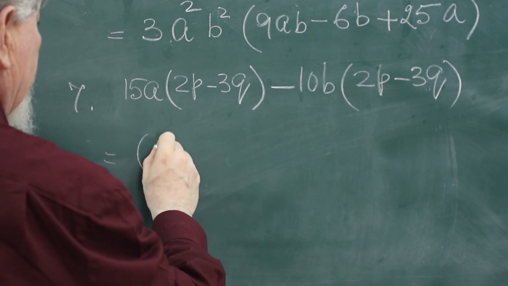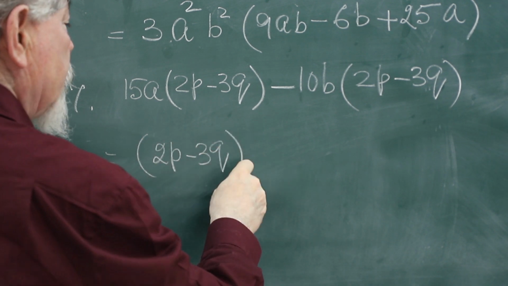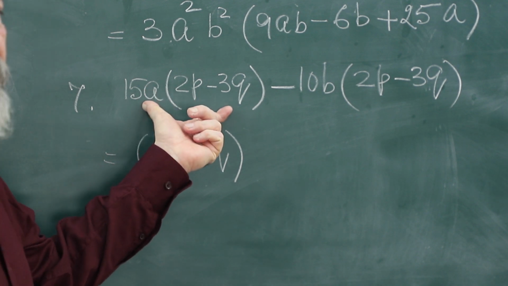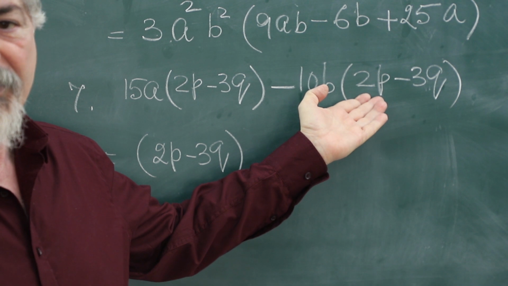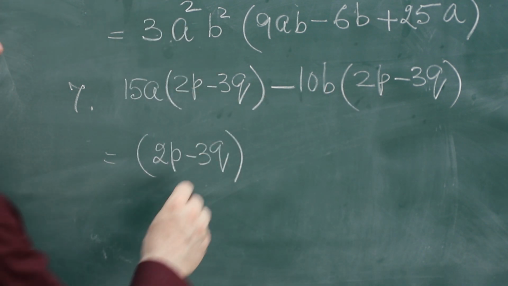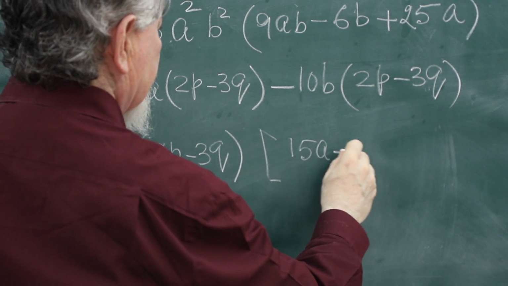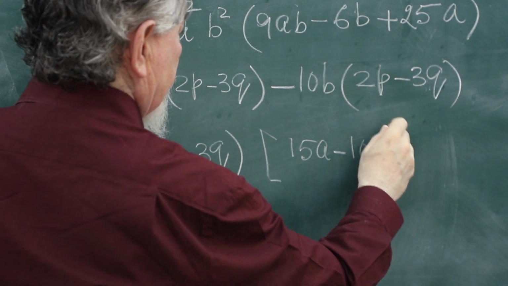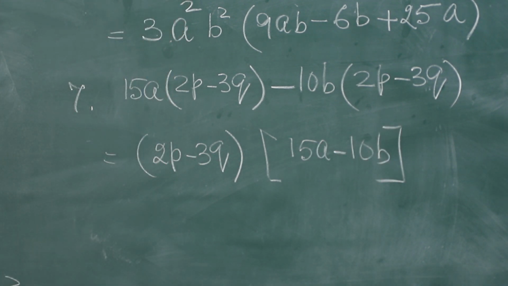So let us take out, because it is present in both the terms. In the first term 2p minus 3q is present, as well as in the second term 2p minus 3q is present. So let us take that common, and what will be left inside? 15a minus 10b. As I said earlier also, that we must leave the answer in the most simplified form, and